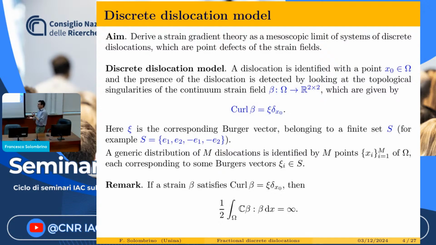So usually you have a model which is intermediate among the two scales. So in some sense you have a macroscopic energy, so you have strain tensors, but you are remembering that there is some discrete dislocation structure. And so you have an elastic energy on a strain tensor which has to be coupled with this formation of dislocation. And as I told you before, the natural way of formulating this problem is via a differential constraint. So around a certain point in your configuration, dislocation cores are formed, and what is the mathematical form they take? There is a curl condition. So beta is not a gradient anymore, so curl beta is different from zero, but instead it is equal to a Dirac delta, accounting for the formation of a dislocation, and there is a magnitude psi, which is the Burgers vector. And usually it is postulated that this Burgers vector belongs to a finite set, which is reminiscent of the lattice direction, but